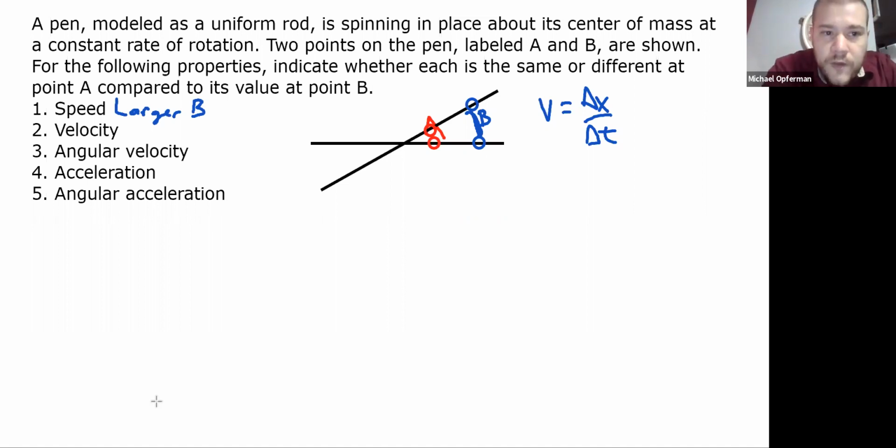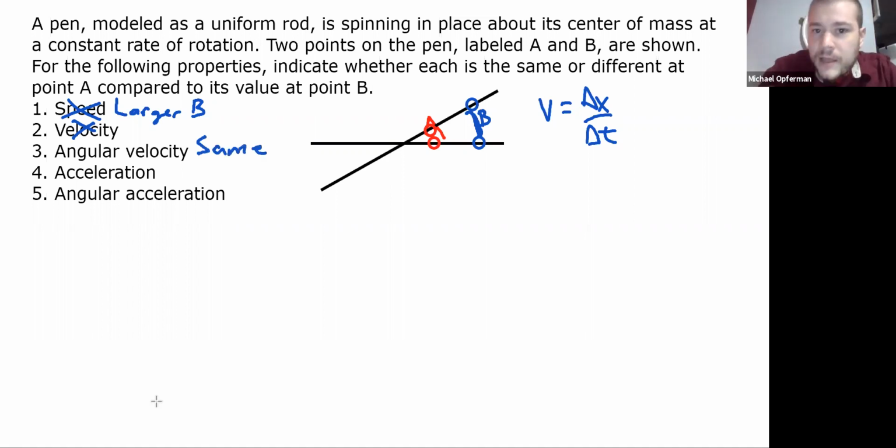And if the speed is different, the velocity also has to be different because speed is part of velocity. The direction of the velocity is actually the same for both, but the magnitude is different. So the speed's not the same because it's larger for B. The velocity is not the same because the speed's not the same, but the angular velocity is the same